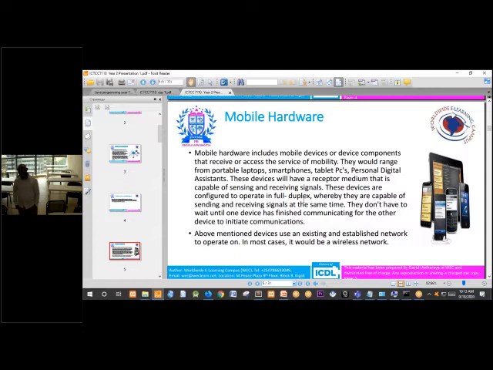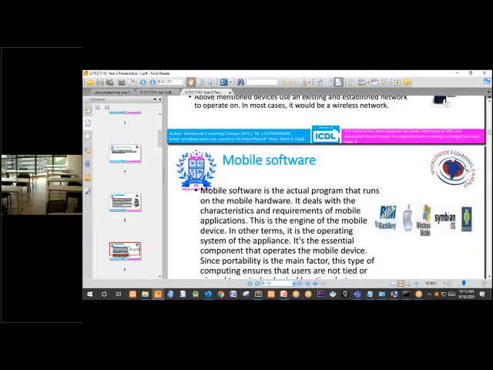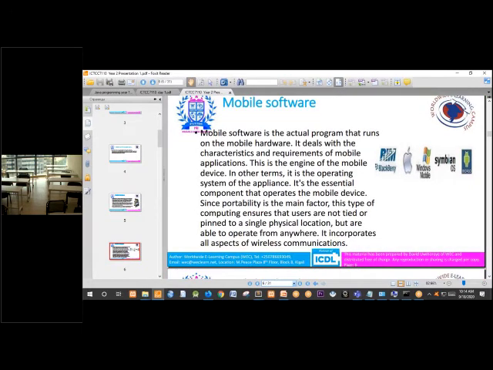Apart from mobile communication and mobile hardware, we also have mobile software. Mobile software refers to all those kinds of software and applications required in mobile devices so that mobile computing can be possible.